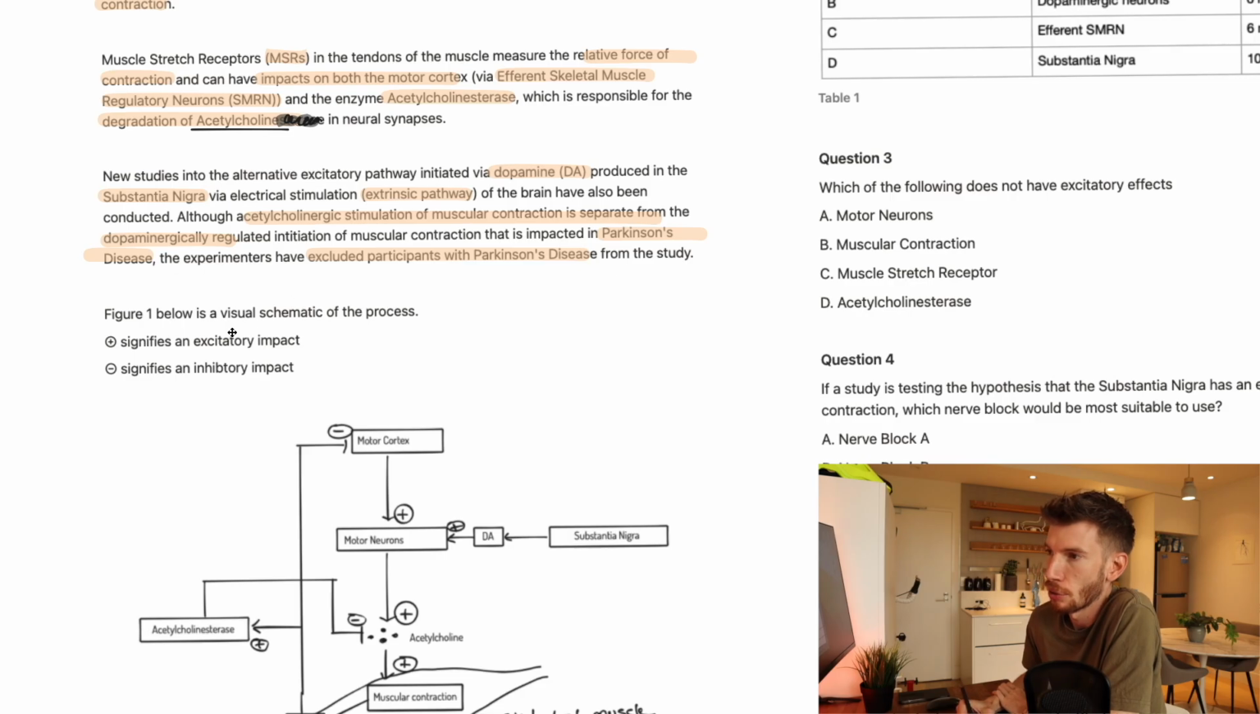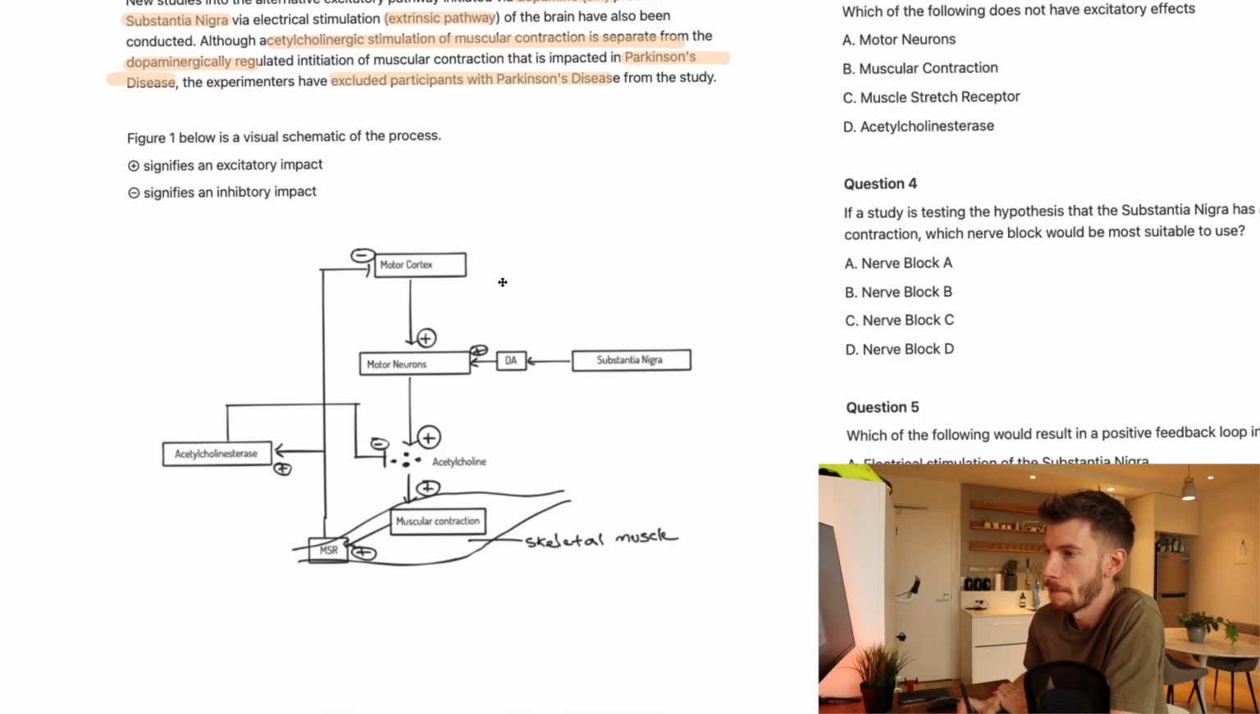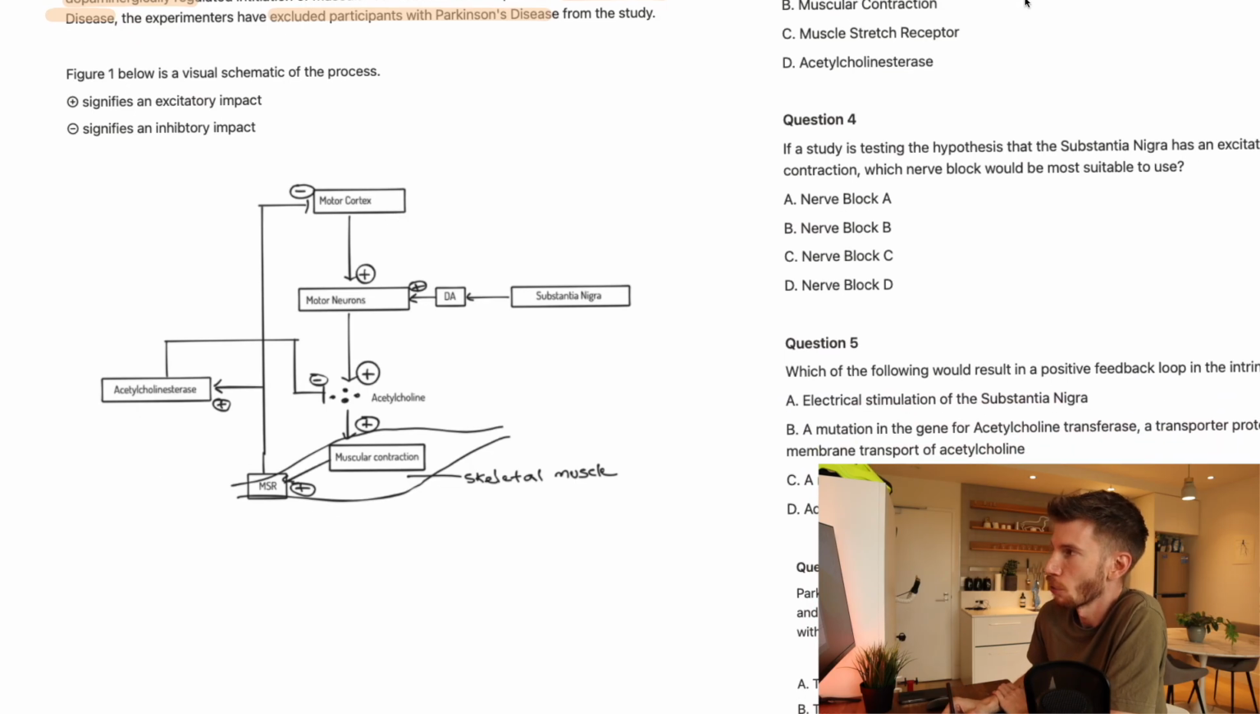Then it says figure 1 below is a visual schematic, and we've got little plus sign signifies an excitatory impact, minus signifies an inhibitory impact. And now here I've done my best to do a rendition of what I think might be the neural and hormonal map of it. So again, with this, as I've said in other videos as well, I wouldn't be analyzing this too closely. All I'd be looking for here